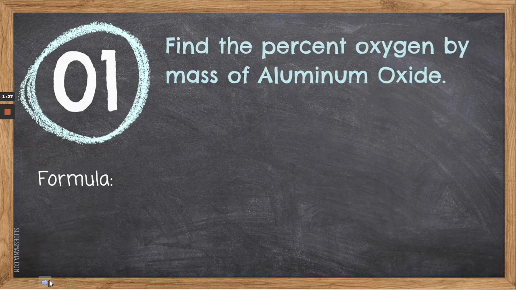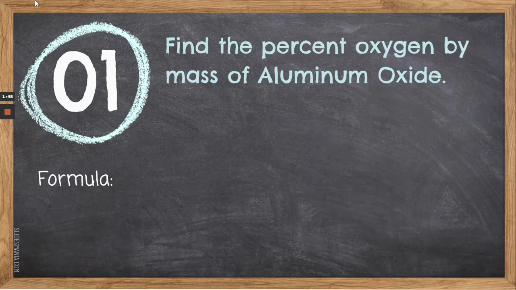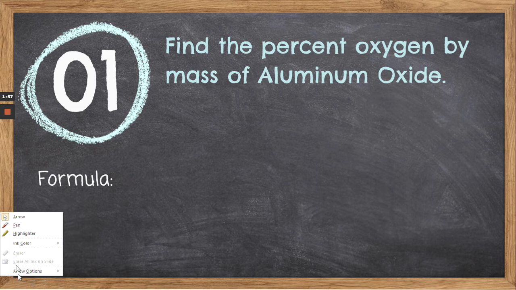So here we've got some examples. For this first example, what we are going to do is find the percent of oxygen by mass of aluminum oxide. In order to do this, we need to know a few things. We need to know the formula for aluminum oxide. So we're back to having to be able to write formulas. So aluminum oxide is